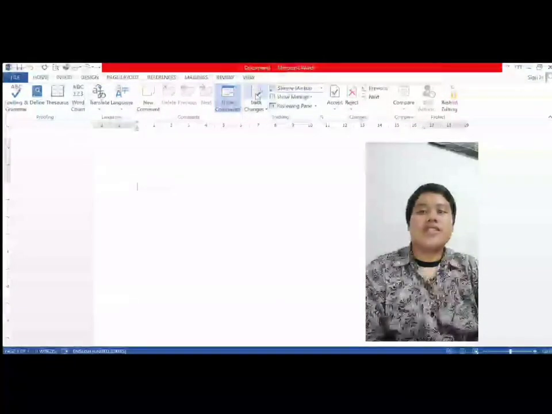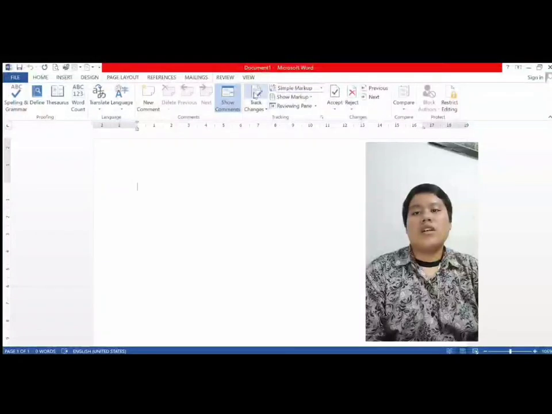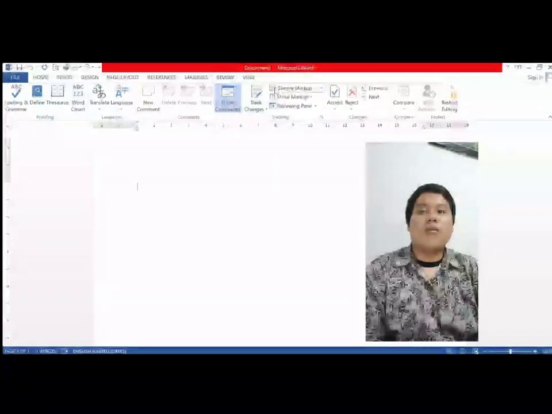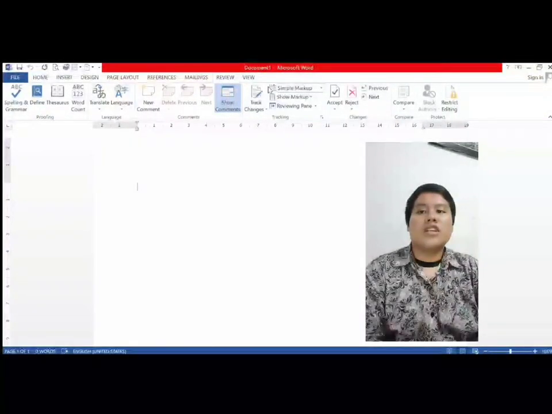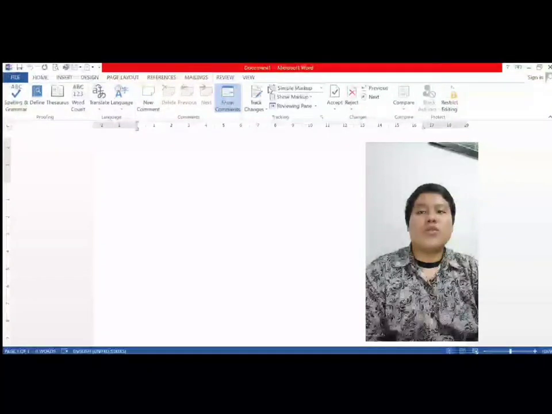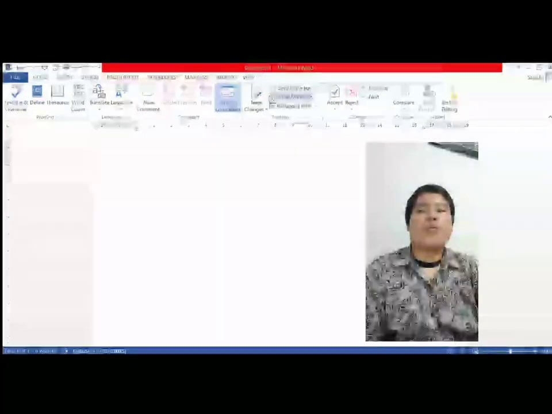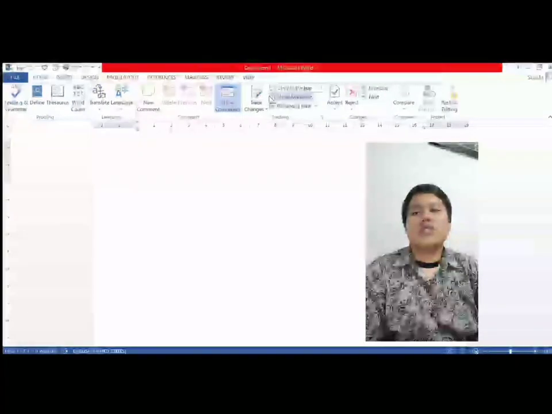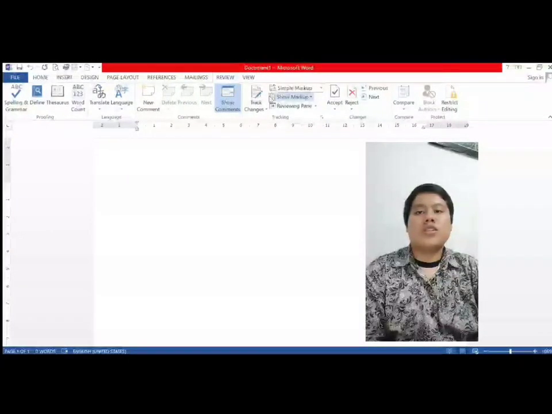Track Changes icon is a function to keep track of the changes made to this document. Simple Markup is a function to choose how you like to see changes in this document. Next icon Show Markup is a function to choose what types of markup to show in your document.